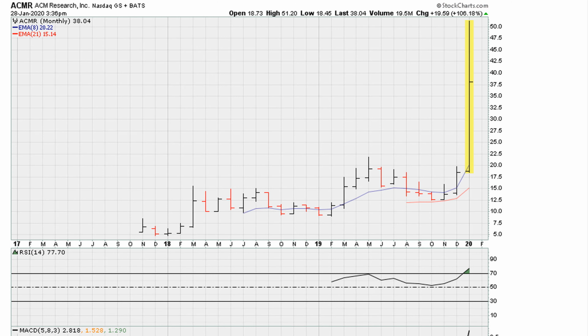Now, the reason for this video is the breakout still does not disappoint in terms of what we look for. We can see a price breakout here. Let's call it under 20. That corresponds very nicely with our minimum requirements, because as we can see here,